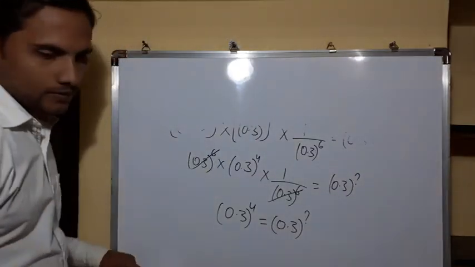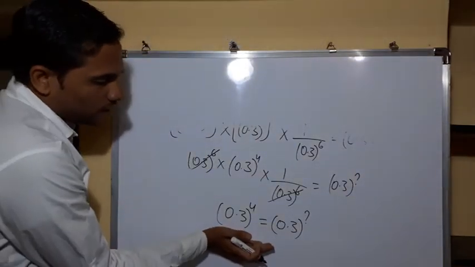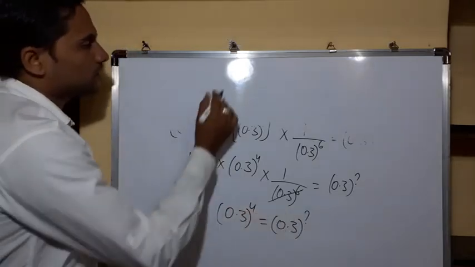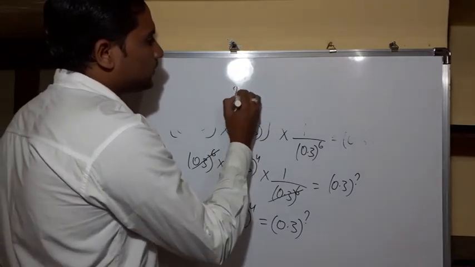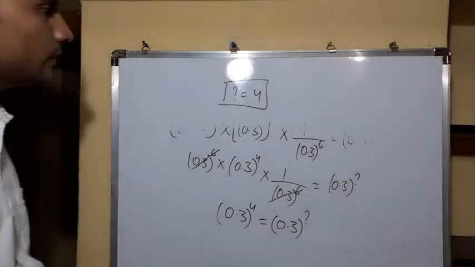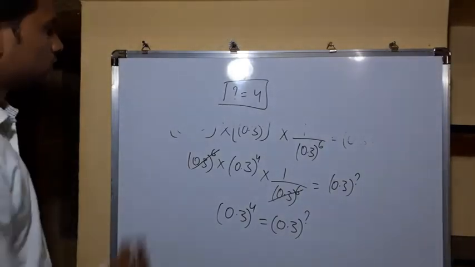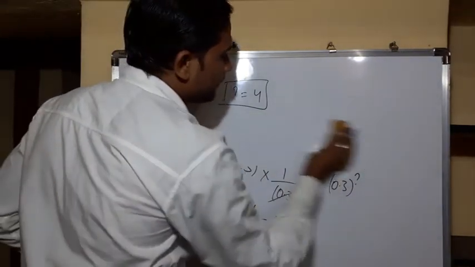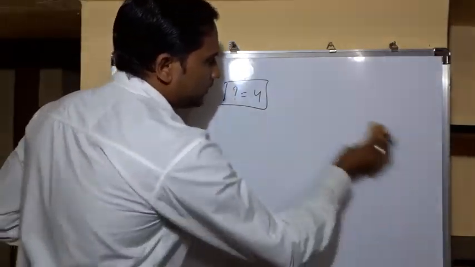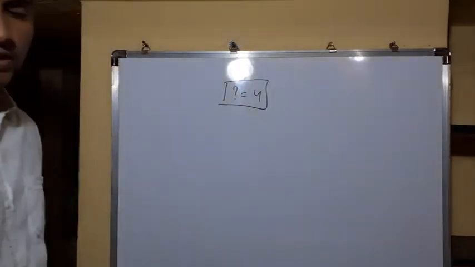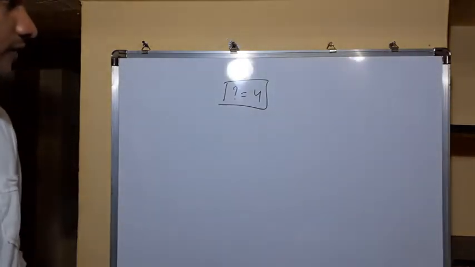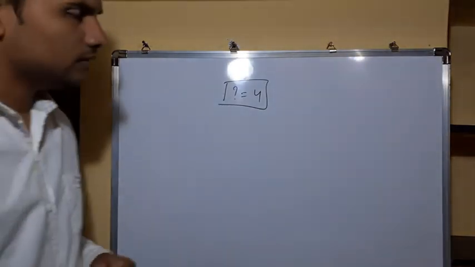Now what is left friends? Now apply the law of indices concept. What it says, if the bases are same, we can equate the powers. So we can say that the question mark is 4. So the solution for the given problem is 4. Understood friends how to do it? It's very easy, right? Don't be afraid of the decimal numbers, right? So you just need a little bit of practice. So practice a lot friends, right?